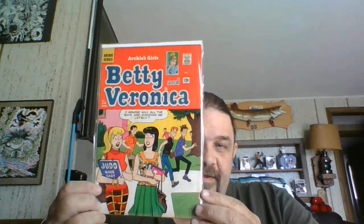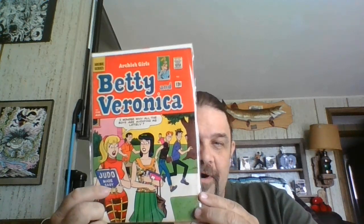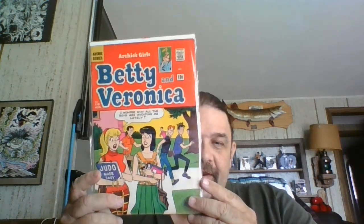Picked up Archie's Girls, Betty and Veronica, because Betty had a judo book and just a fun little thing on the boys being afraid of her and stuff because she's learning judo lessons. They should like that because judo is a grappling style martial arts. You're not kicking the shit out of each other. You're grabbing each other and rolling around. You would think all the guys would want to join in on that, but they weren't that smart. Anyways,